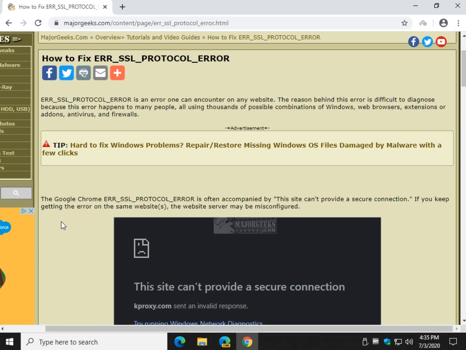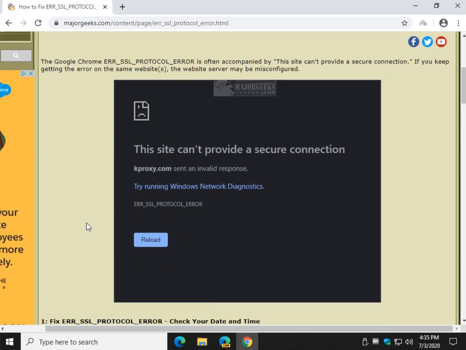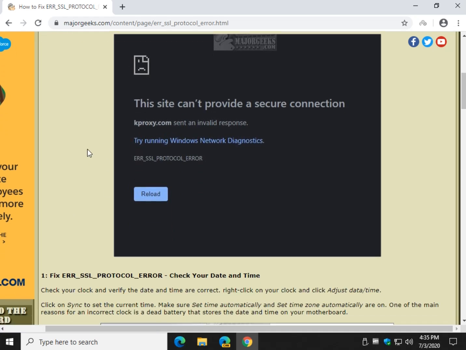Today we're looking at a pretty difficult problem to solve. The ERR SSL protocol error. Looks a little bit like this. There are something like 95,000 pages relating to this error, and a lot of these tutorials, at least in my opinion, were out of date, bad information. I've got some twists and turns in here that you may not have seen before, and hopefully we can fix